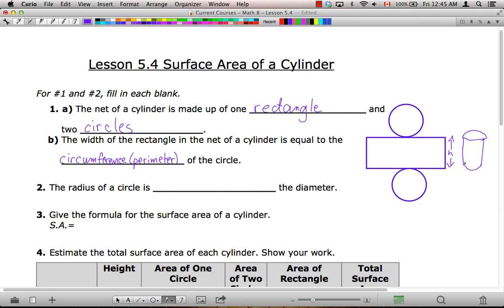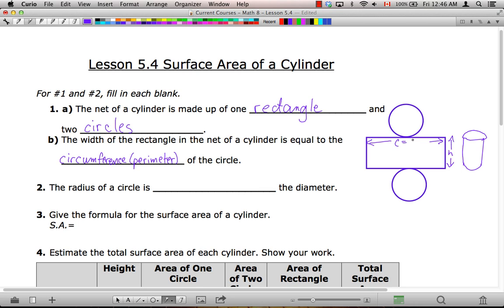Okay. And so you can see this is the height of the cylinder, and across here this label of the soup can has to be long enough to wrap around the soup can, so that would be the circumference of the circle,